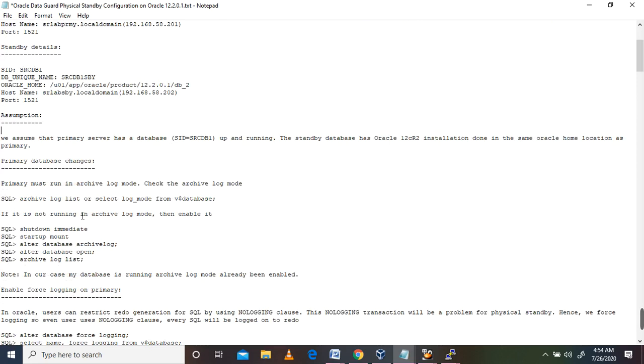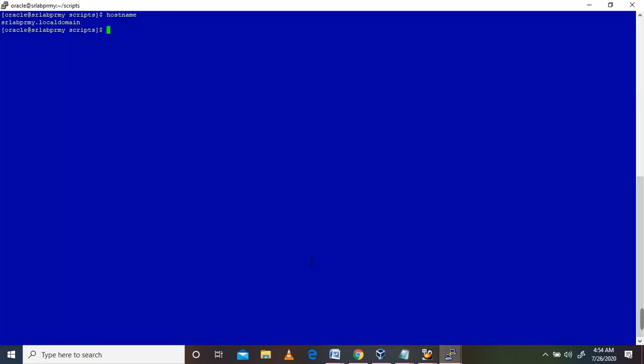So here is my assumption. We assume that the primary server has database SID SRCDB1 up and running. The standby server has the Oracle 12c installation done in the same Oracle home location as the primary. Here, I'll show you. This is the primary server.